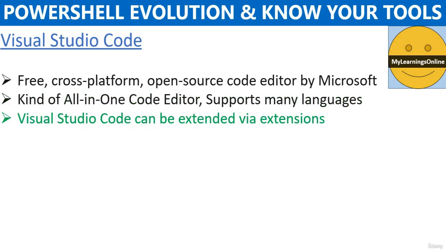Visual Studio Code can be extended via extensions. An extension is basically a piece of software that, once installed, acts as an interface between VS Code and the language itself. For example, if we want to use VS Code for Python, we need to install the Python extension in VS Code. In the same way, if we want to use VS Code for PowerShell, we need to install its extension